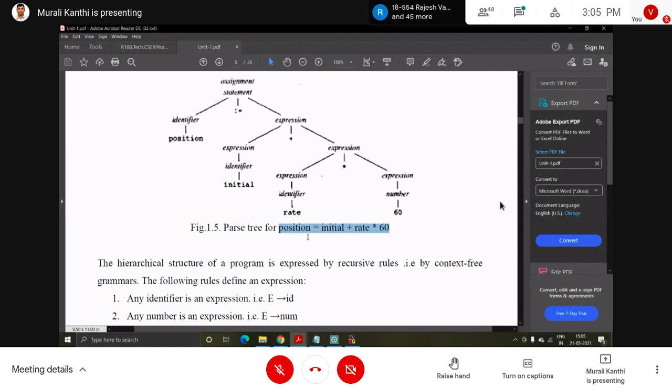Okay, so to verify this kind of statement, a corresponding grammar is going to be there. So that is a grammar, which type of grammar? A simple desk calculator grammar: E implies E plus T, E implies T, T implies T into F. That grammar is going to accept this kind of input statements.